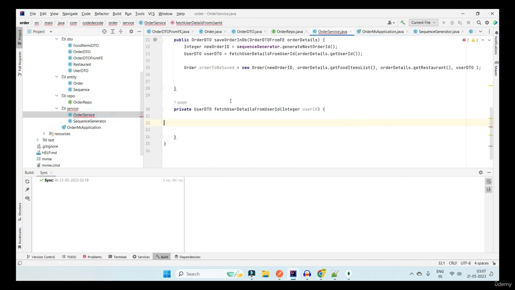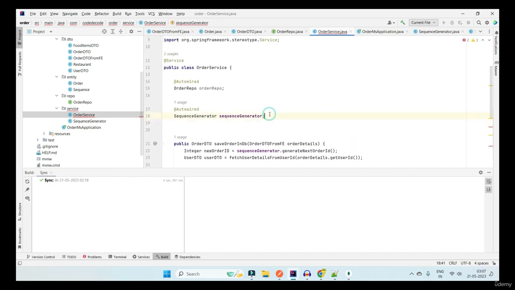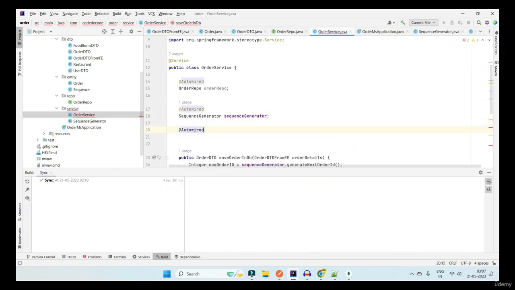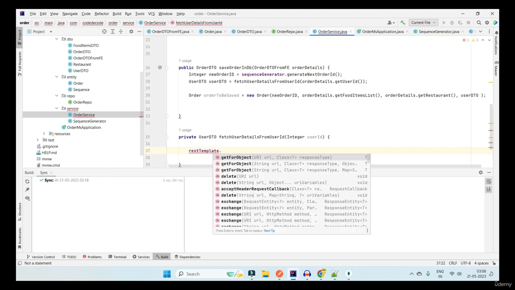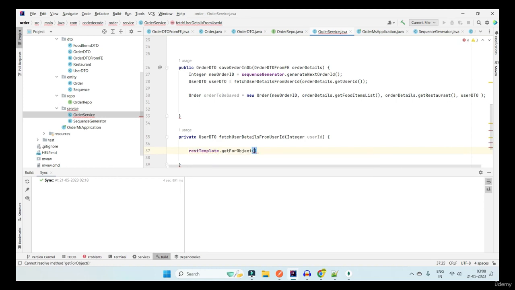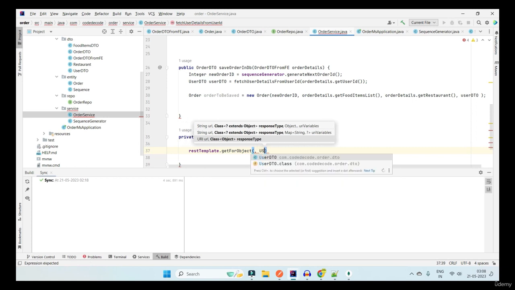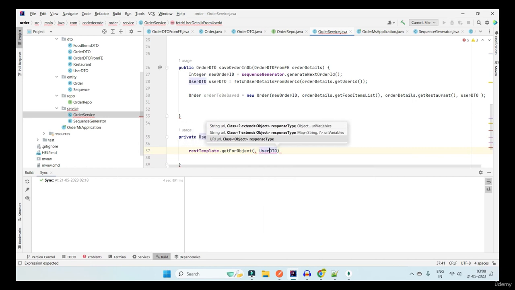Now in the order service, we just need to auto-wire this bean. So @Autowired RestTemplate. Use this REST template to getForObject, with the URL and response type. So I know that my response type is UserDTO. What is the URL? So the URL is going to be